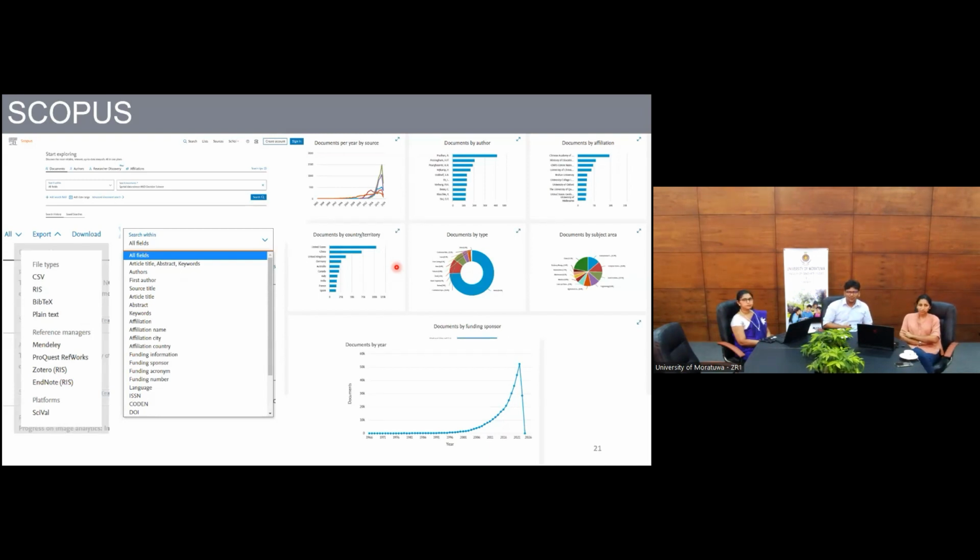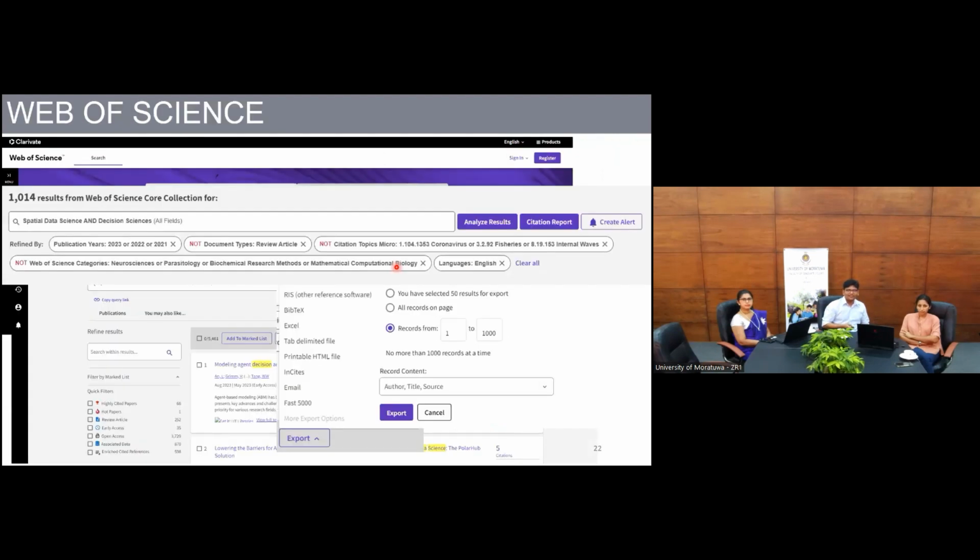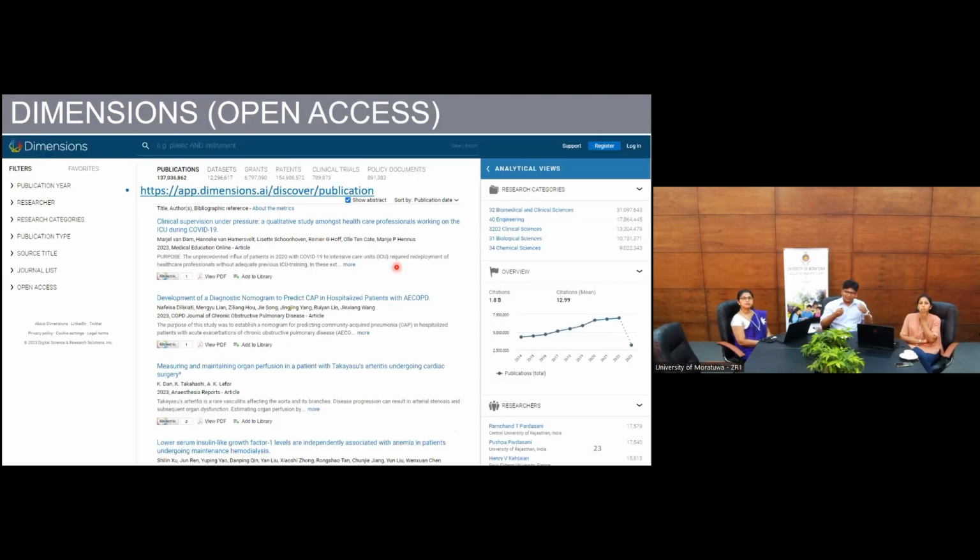This is available in Scopus, and of course, it's available in Web of Science, which is a bit difficult to access from this territory, but still, if you find the chance to get your hands on it, then this is the way to do it. But of course, I'll give you an open access option for this, and I'll talk more about it. So it's Dimensions. You can do the same kind of visualization and analysis of your research using the Dimensions website as well.